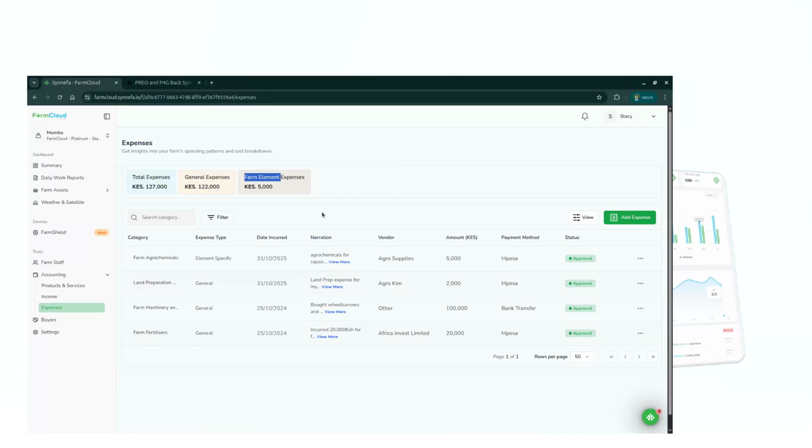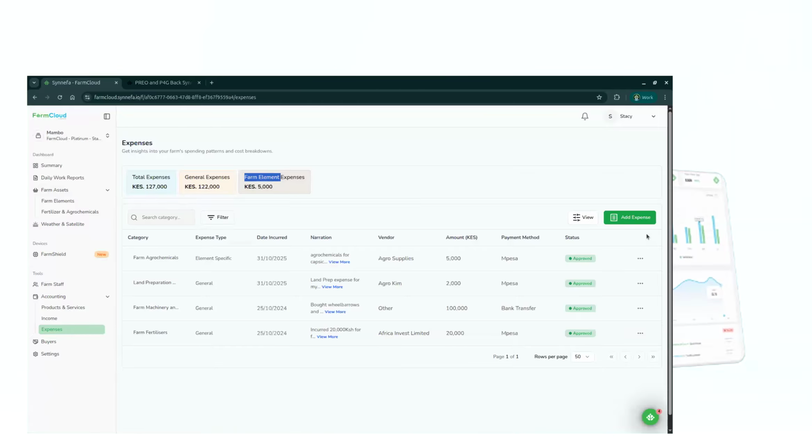Remember when Stacy was presenting, she presented how to create a farm element, and inside those farm elements is where you create your plants, which you can create reports for during each farm activity that you'd undertake. Now we'll start with general expense, then farm element